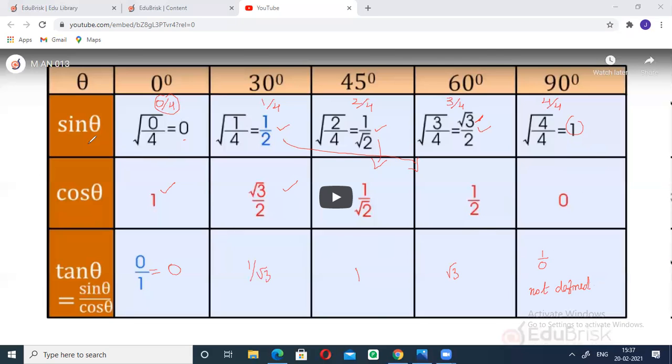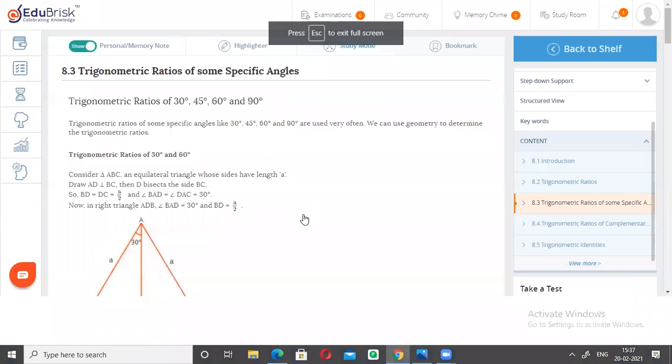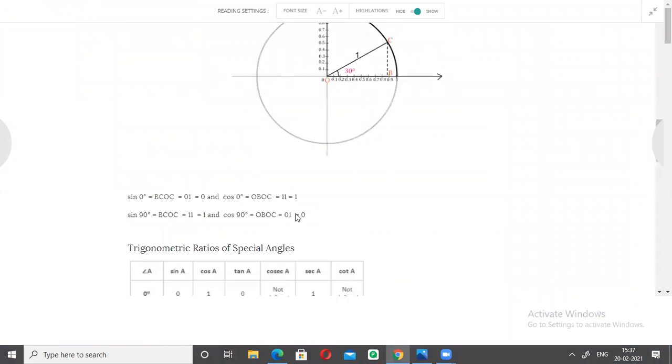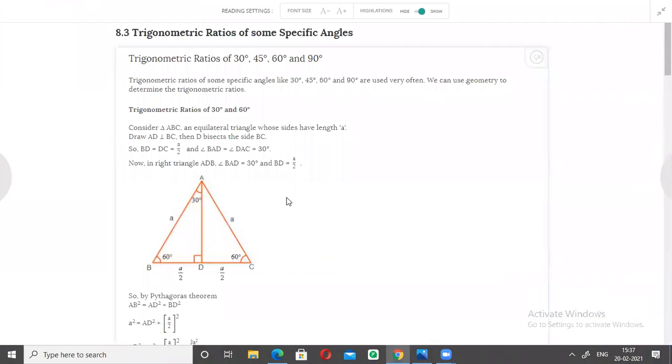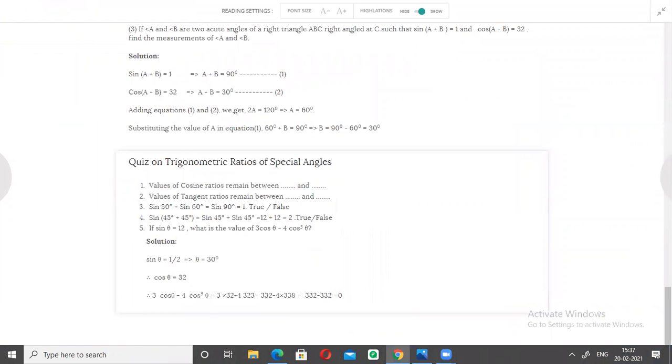Now, once we get the values for sine, cos and tan, just take the reciprocal. We will be able to write the values for the remaining trigonometric ratios, that is cosec, sec and cot. Now, we will see few problems related to this, how we can solve the problems from this particular section. You will be getting questions related to this in the examination. For example, if you take like this,